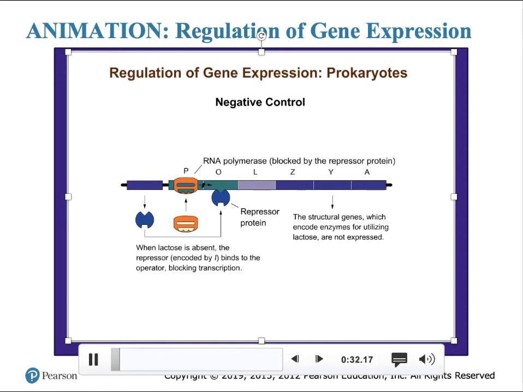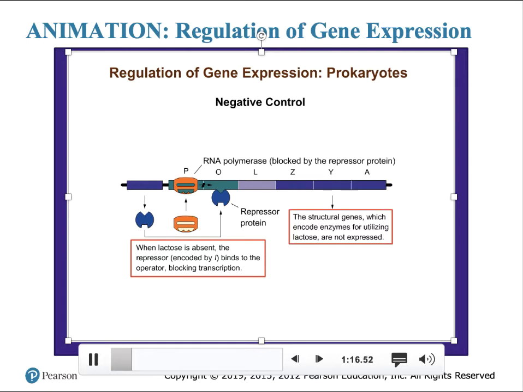Negative and positive control. In response to environmental signals, regulatory proteins either promote or inhibit transcription. If a gene is under negative control, it is transcribed unless a repressor specifically blocks it. If a gene is under positive control, a regulatory protein is necessary to promote transcription. The Lac operon is negatively controlled. Its structural genes are expressed automatically unless inhibited by a repressor. Because the repressor is always produced, the operon is inducible. When lactose, the inducer, is present, it inactivates the repressor.